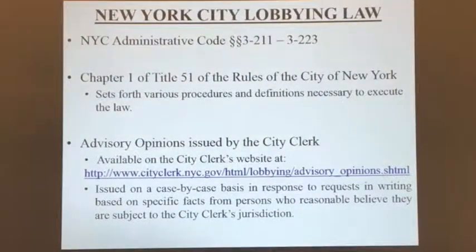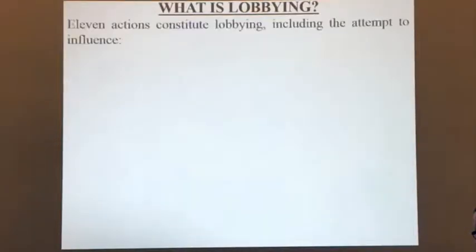The last place that our law comes from is the advisory opinions. They are issued upon request or upon our own initiation. Lately, we only do about 1 a year because most of the things that we wanted to explain, we did so in the rules. But they are helpful specifically if you're involved in land use, or if you're wondering if activities before a specific agency are lobbying, you can take a look at those. And I will point those out on our website at the end of the session.